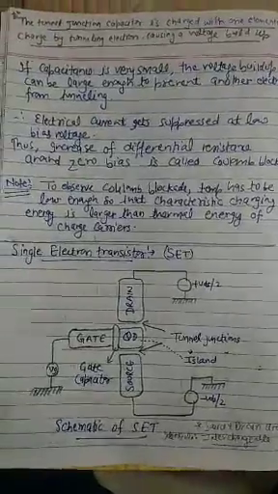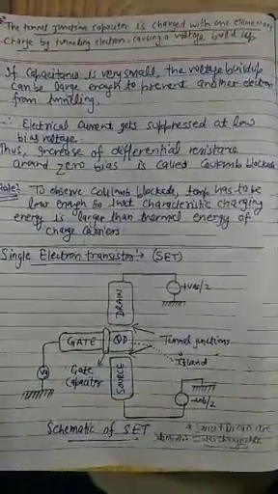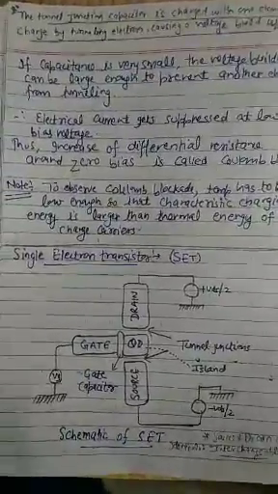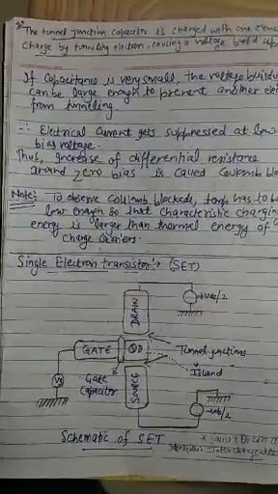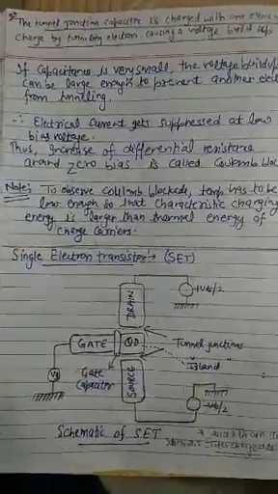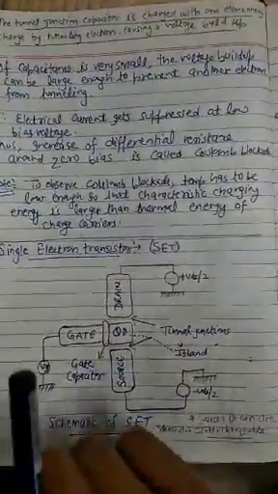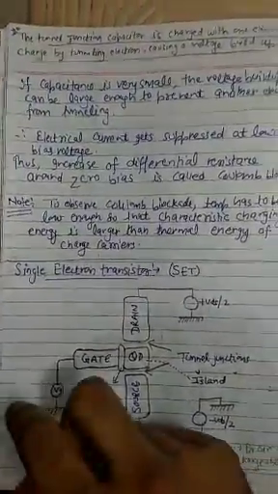Everyone, today we will understand about single electron transistor. Single electron transistor is one of the simplest devices, which is based on the application of Coulomb blockade. Now, what Coulomb blockade is, we have already understood. I will just spend two or three minutes again to recap it so that you would be able to connect with the single electron transistor.